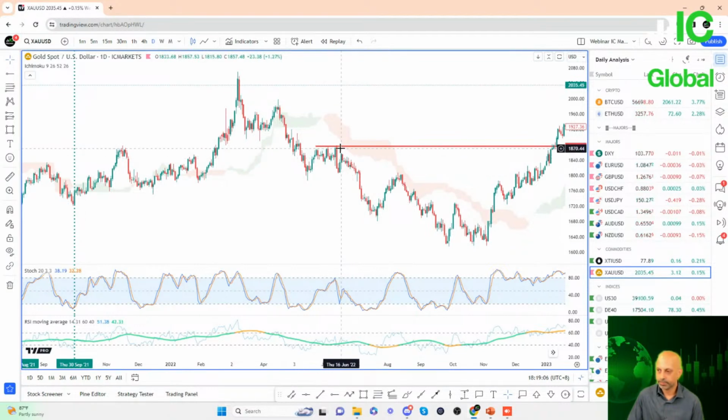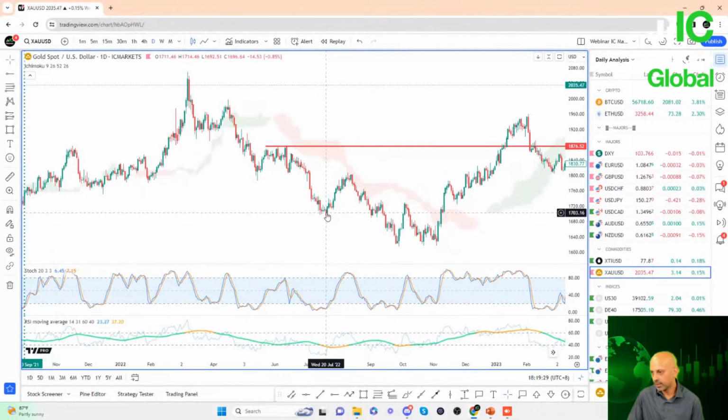Then of course we can fine tune the analysis by moving into the lower time frames, right? Currently I'm doing everything on a daily time frame, but once we know price is reaching perhaps a major resistance area as indicated by the cloud, we can then switch into the 4-hour time frame, 1-hour time frame, or any other lower time frame that you're familiar with to help us to fine tune the analysis. So over here, of course, in any bearish momentum or bullish momentum, there's bound to be retracements as well.